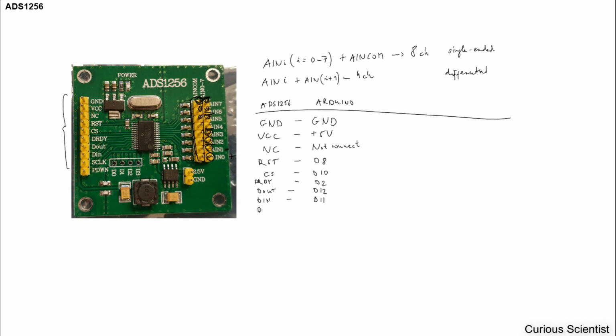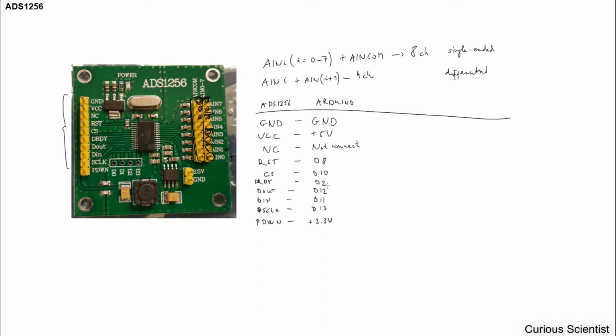And then you have the clock, SCLK. So this is D13, and this has this power down, and this should be connected to the plus 3.3 volts. And that's all. So you just connect in the following way, and you use the exact same source code as